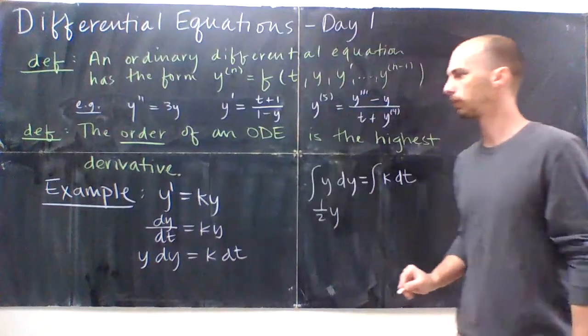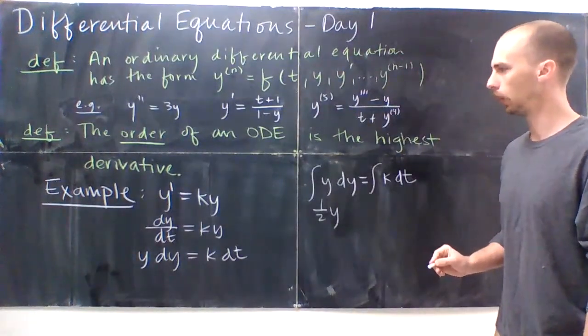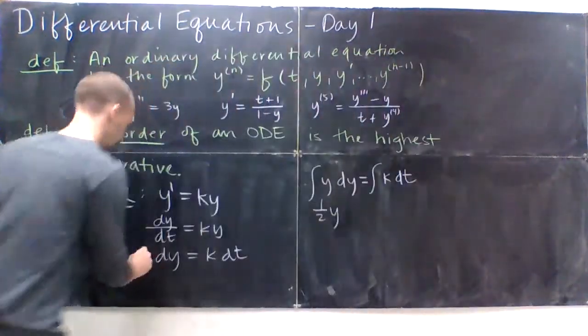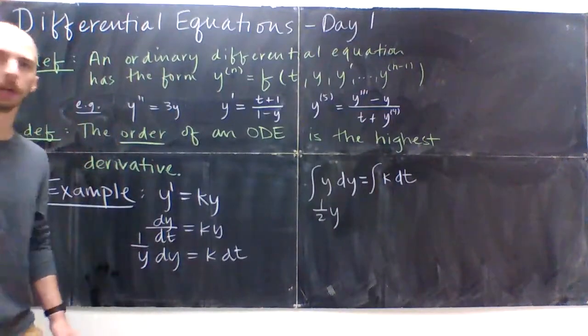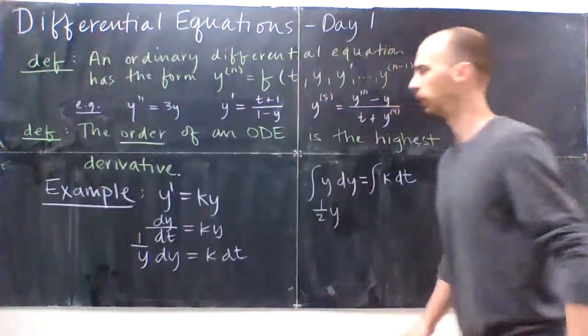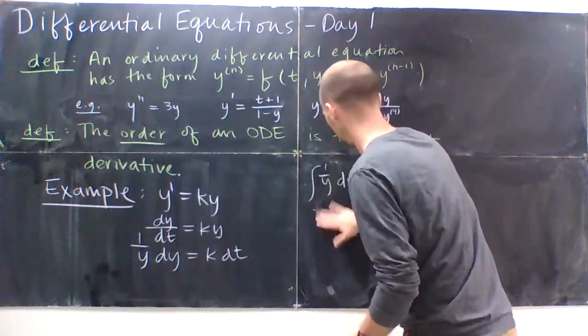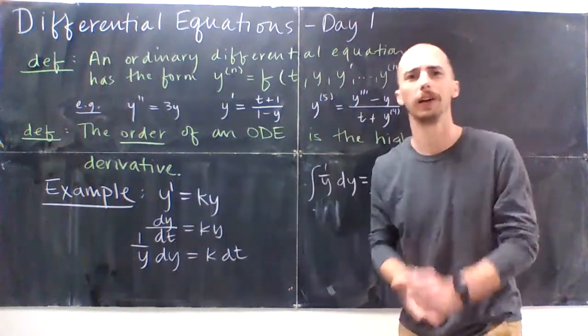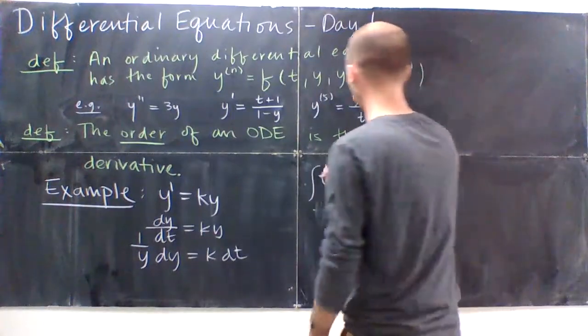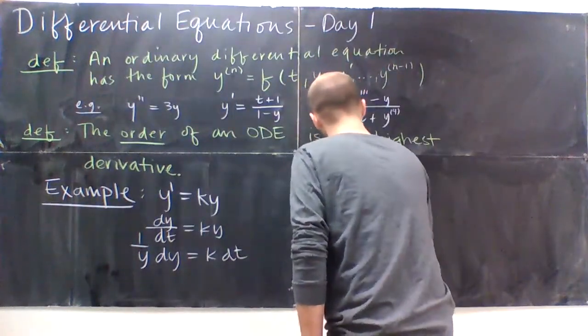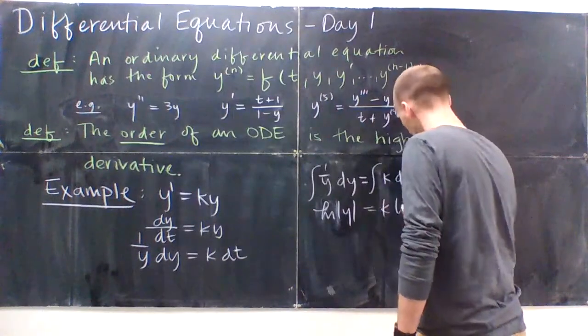What have I done? Oh, no. Horrible algebra error, but not worth re-recording the video, right? How am I going to get exponential growth from 1/2 y squared? That doesn't make sense. Okay, so antiderivative for 1 over y is log absolute value y